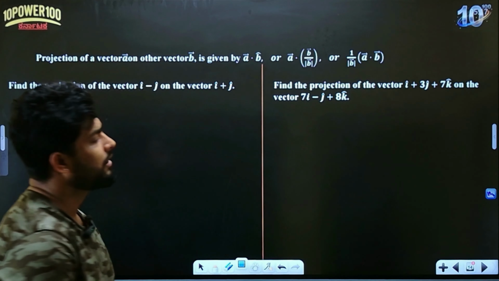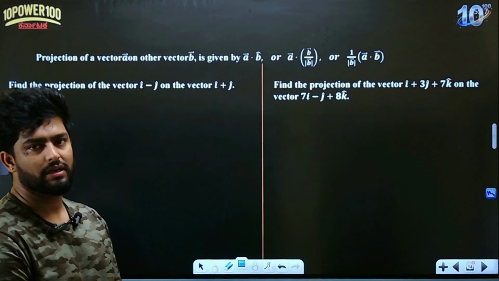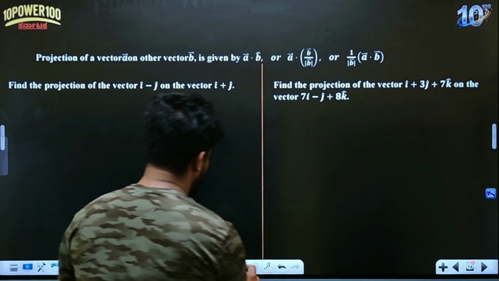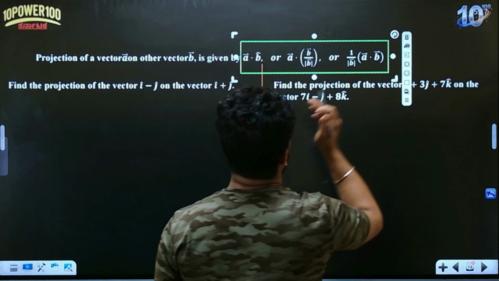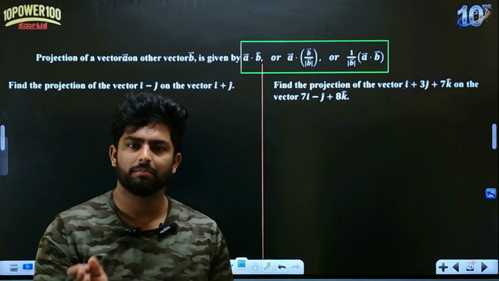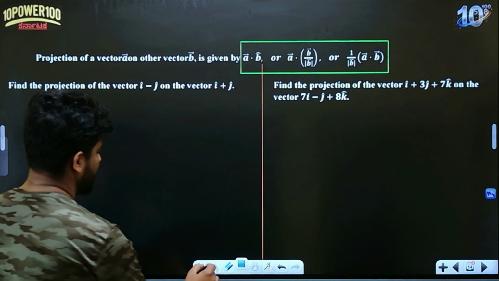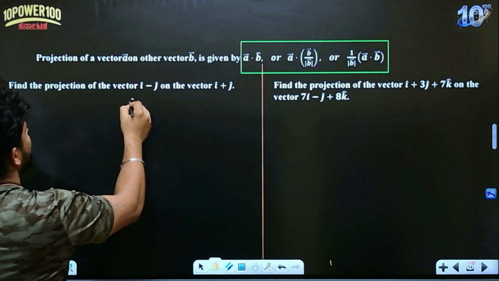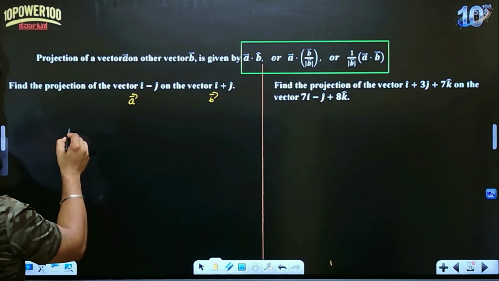Next, projection of A on B. This is from the model paper. So the formula is very simple. The formula is projection of A on B and B on A. A dot B divided by magnitude of B, and B dot A divided by magnitude of A. Okay. So this is vector A and this is vector B. So if you consider the projection of vector A